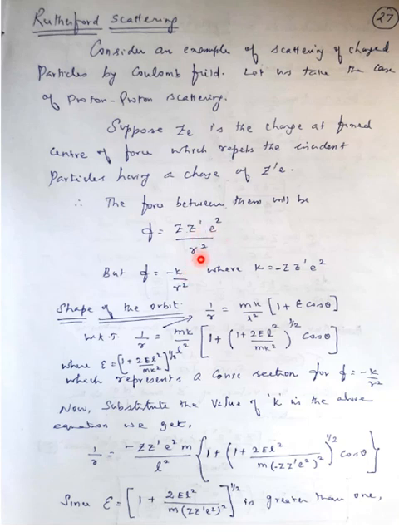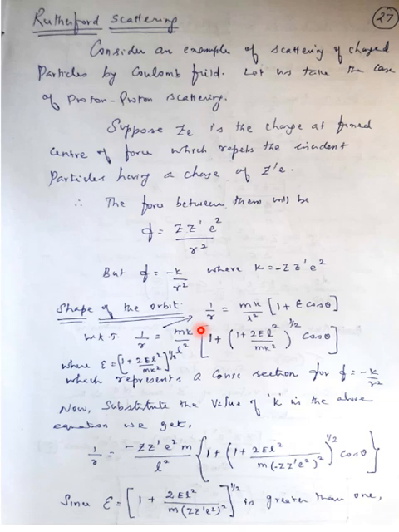The structure will be a conic structure for F equal to minus K by R square. Now, in this equation, 1 by R is equal to mK by L square into 1 plus 2EL square by mK square, half cos theta. Substitute the value of K here. Therefore, 1 by R is equal to minus Z dash E square by E square M by L square into this whole bracket term. Since epsilon is equal to 1 plus 2EL square M into Z dash by E square by 2